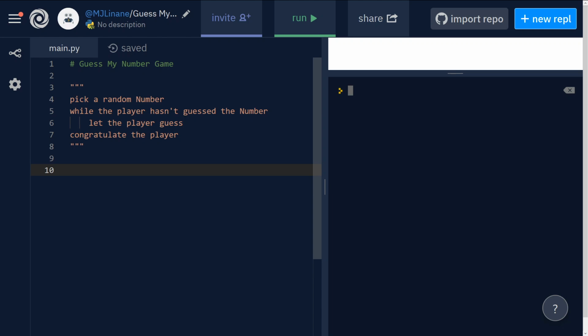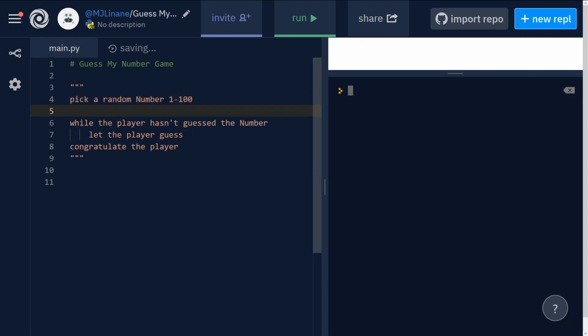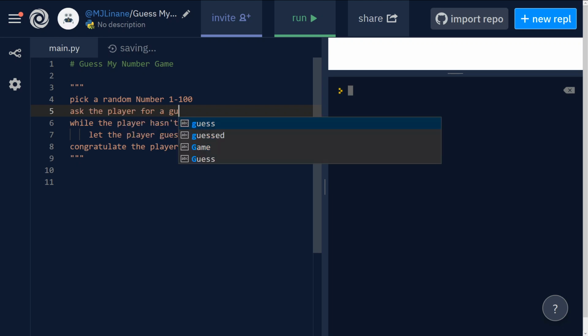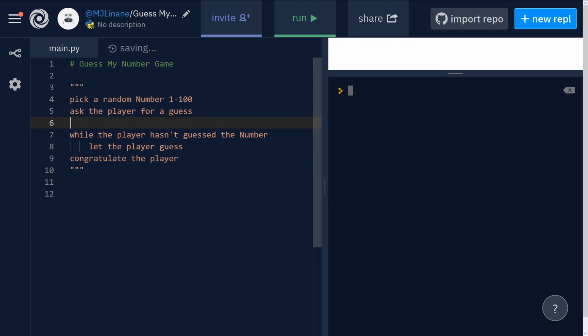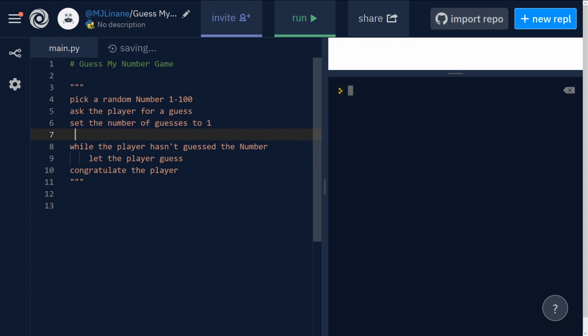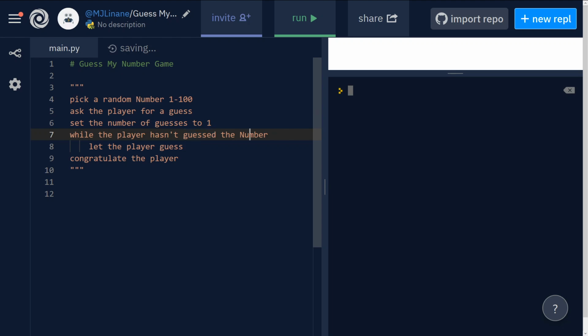Okay. And pick a random number. Maybe we can say 1 to 100. Ask the player for a guess. Set the number of guesses to 1. Let's see. While the player hasn't guessed the number, we can actually clarify that bit of code there. While the player guess does not equal the number,